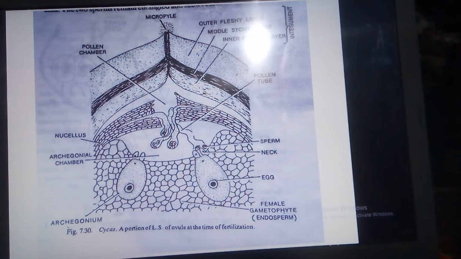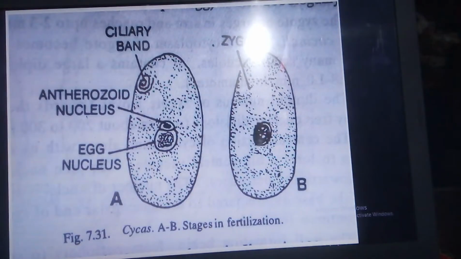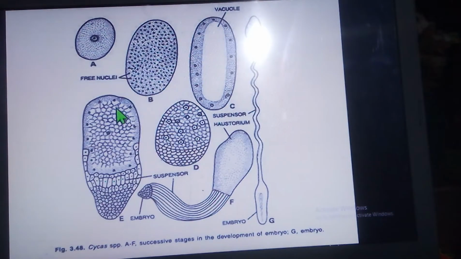Next we will take a look at the development of the embryo after the zygote has formed. Now, after fertilization, the zygote enlarges in size. We can see here, this is the zygote in figure A. Now in figure B, we can see that the zygote enlarges in size and its nucleus divides by free nuclear divisions into numerous free nuclei,